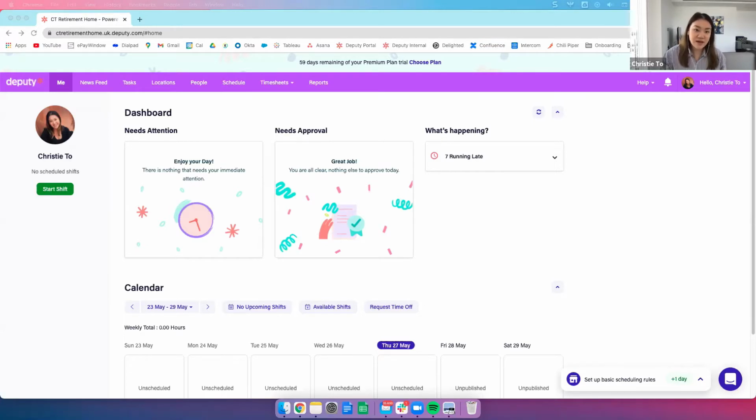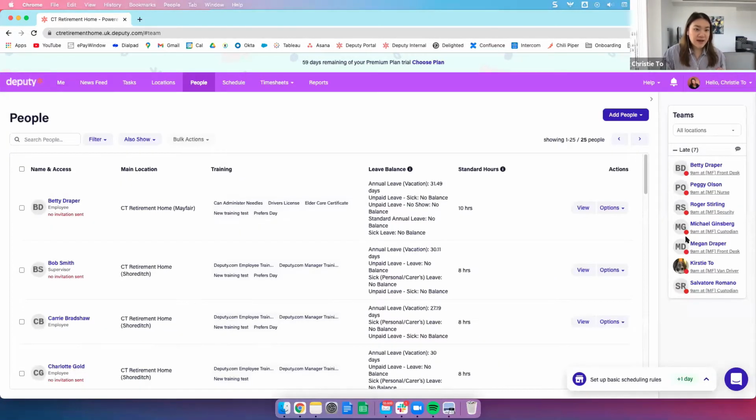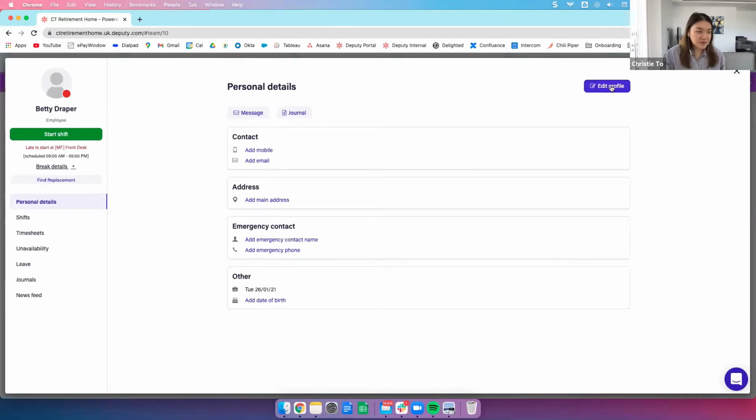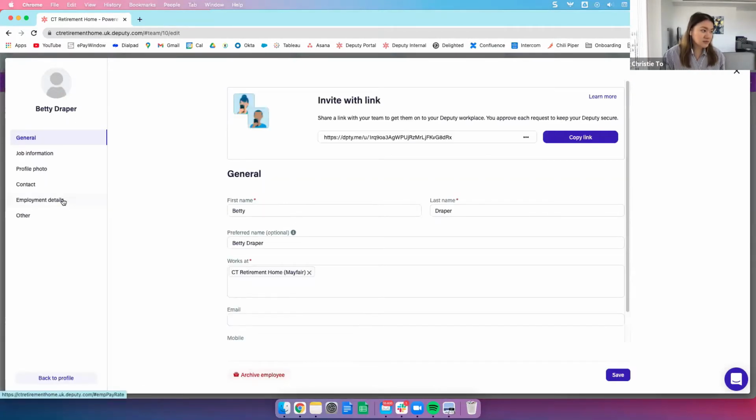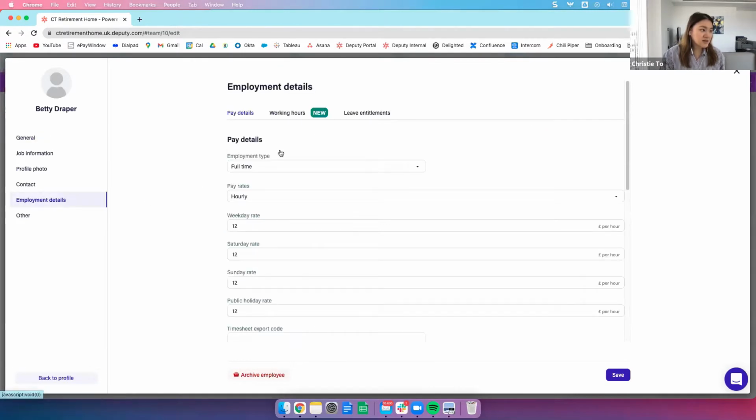To do this, we're going to navigate to the People tab where all this information is stored. Just as a reminder, anytime you're making any employee-related choices, editing anything that relates to your staff, this will always live in the People tab. Let's navigate there right now, right over here in the top. What we're going to do is take a look at people's wages or add their wages. Just as a reminder, there are two ways you can do this. The first way, pretty straightforward, is just clicking on an employee,